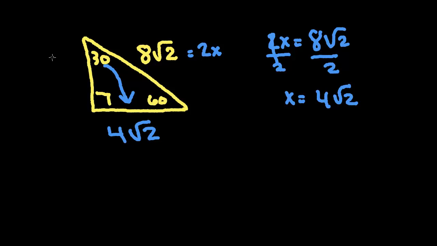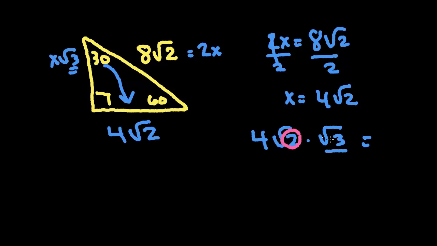Over here, I need to stick a square root 3 on the end of the x. So I have 4 square root 2 times an extra square root 3. Now I have two insides that I need to multiply together. So I'm going to say 4 square root 6. So this side is 4 square root 6. And now we will do our last problem. And our last one